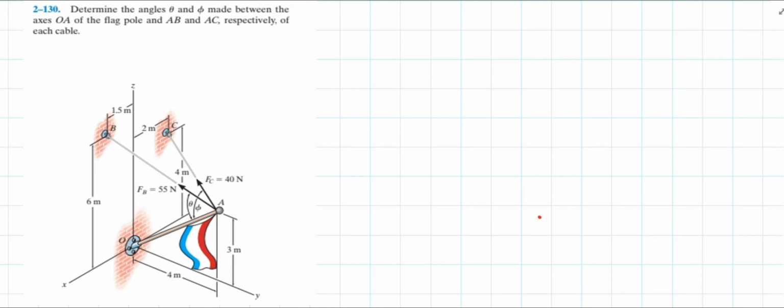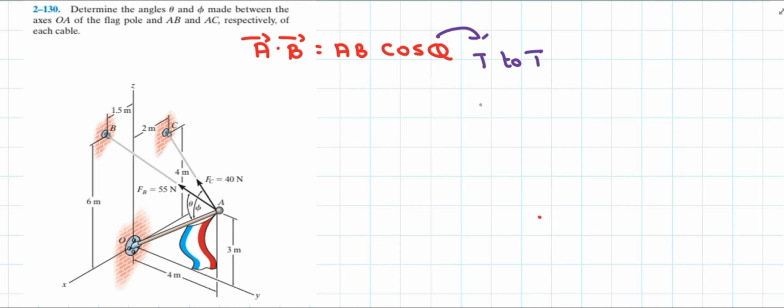Now the dot product helps us find the angle between any two vectors, and the formula of the dot product says that A dot B is equal to AB cos theta. This is the formula of the dot product. And theta is nothing but the angle between the A vector and the B vector measured through their tails. That's why this theta is known as the tail to tail angle, or you can say that this is nothing but our mutual angle,